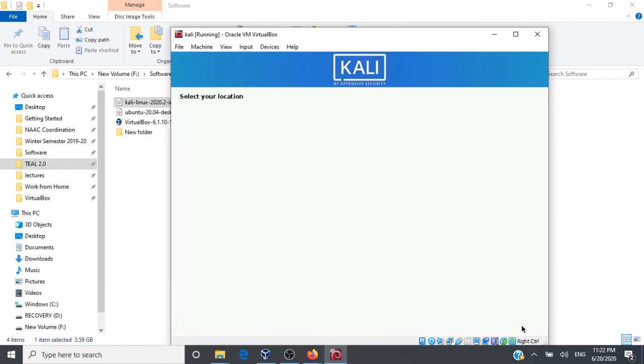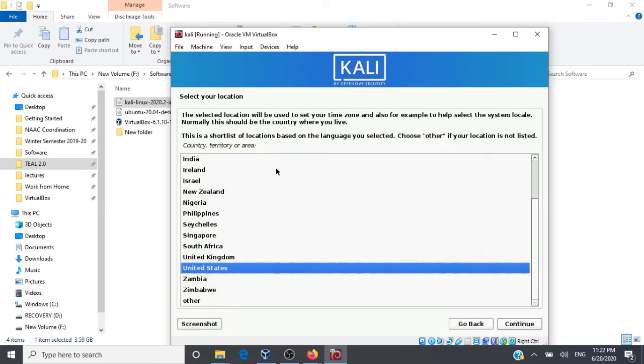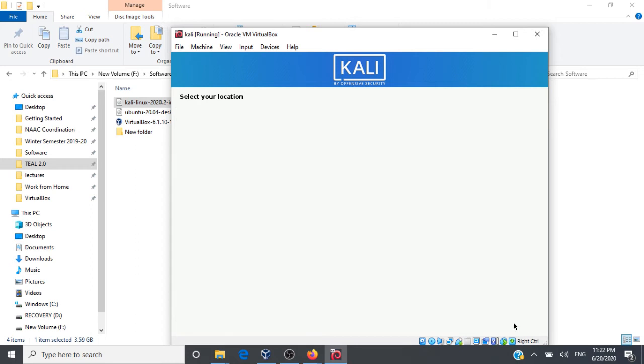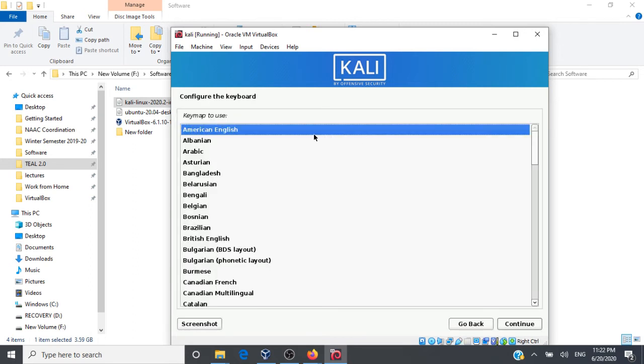Click on continue. And we have to select the location for time zone. Here I'm going to select my location and then click on continue. So configure your keyboard layout. So I'm going to select American English and then click on continue.